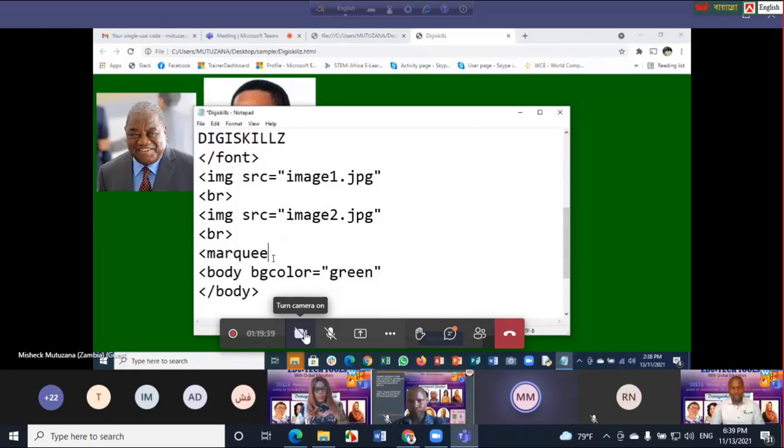So I can tell the computer the behavior of the words that I want to have. I say marquee behavior. Maybe, for instance, I can say scroll. I will write the word scroll there. Then again, I say direction. I tell the computer that I want it to be moving up. I will say up. Now, what are we going to write under here?